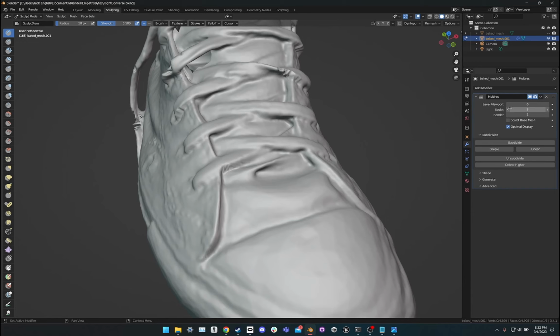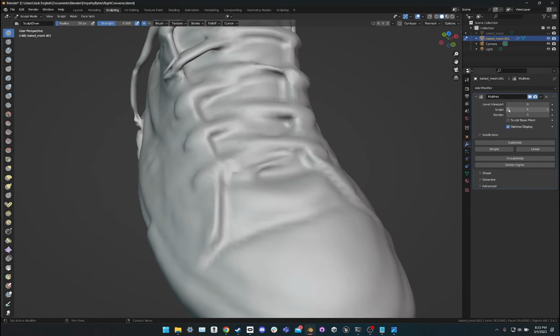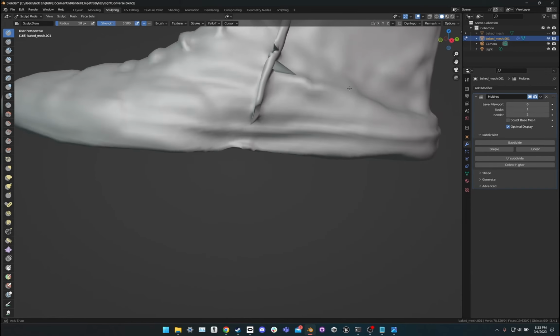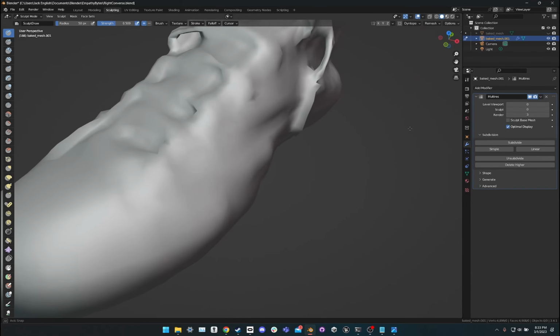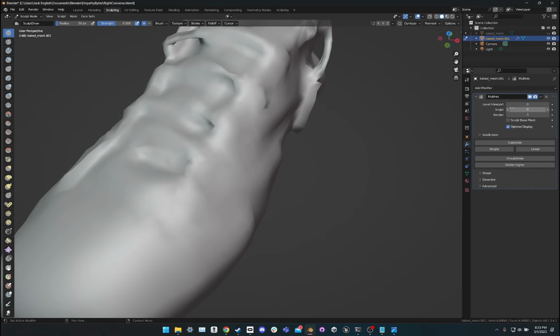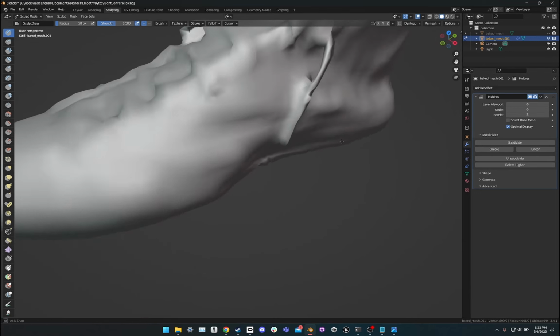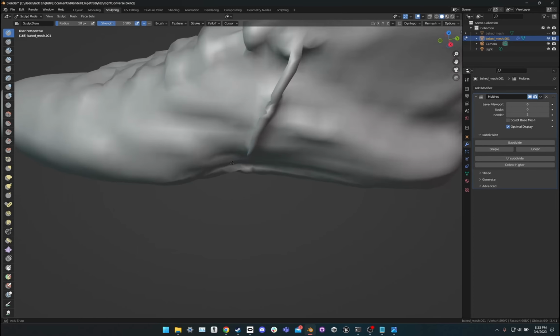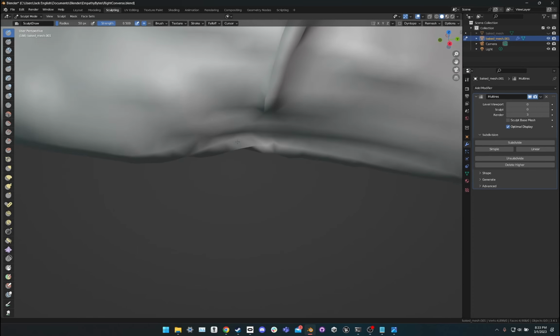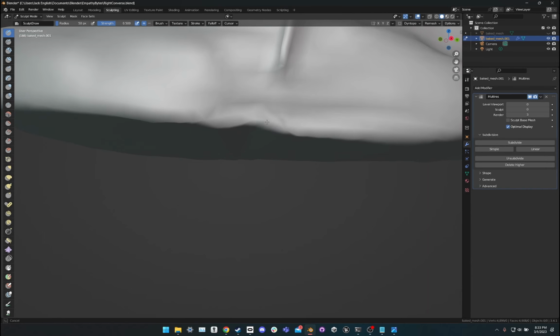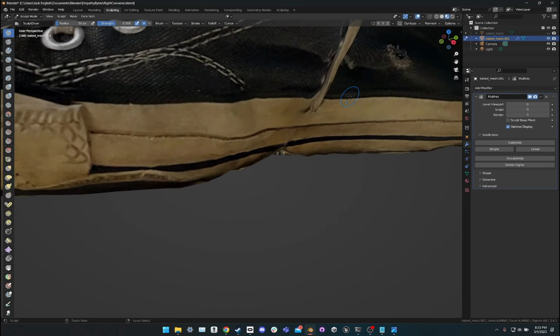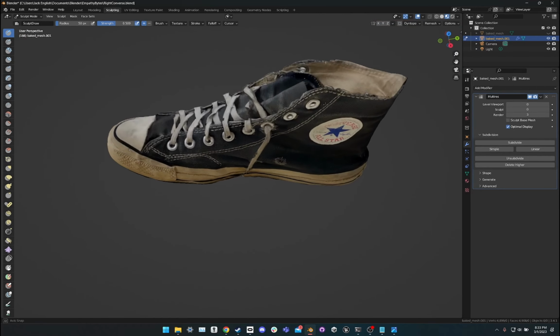Okay, so the problem with sculpting here is we still have this multi-res modifier. So for sculpting, we're going to want to turn the multi-res sculpt down to 0 in this property panel. And then if you want to do some tweaks after this whole process, you can do them here. And yeah, I'm just gonna leave it the way it is though. Okay, so